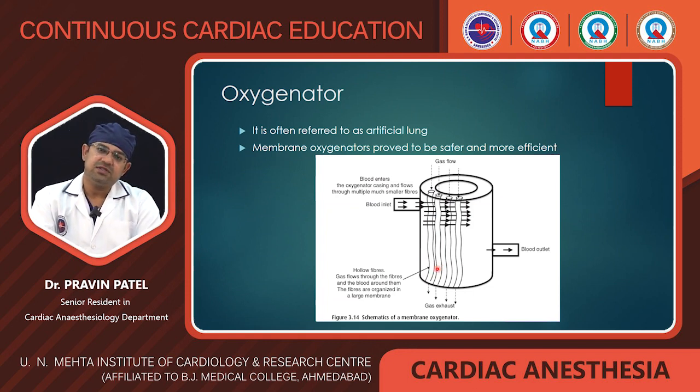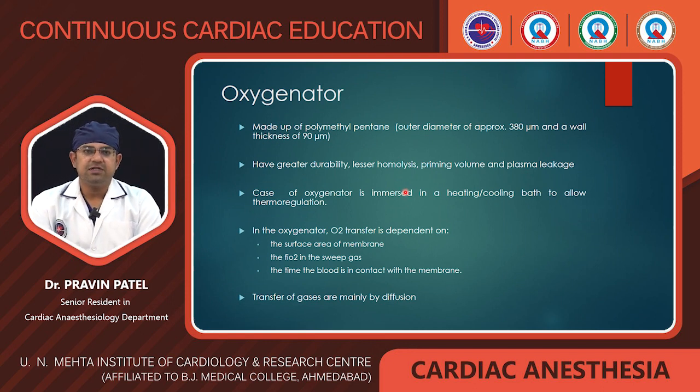It is again a concentration dependent gradient. Like gas diffusion, the gas flow has a higher oxygen concentration and the venous blood has a lower oxygen concentration, hence the diffusion occurs from the gas flow to the blood, and the reverse occurs with carbon dioxide.